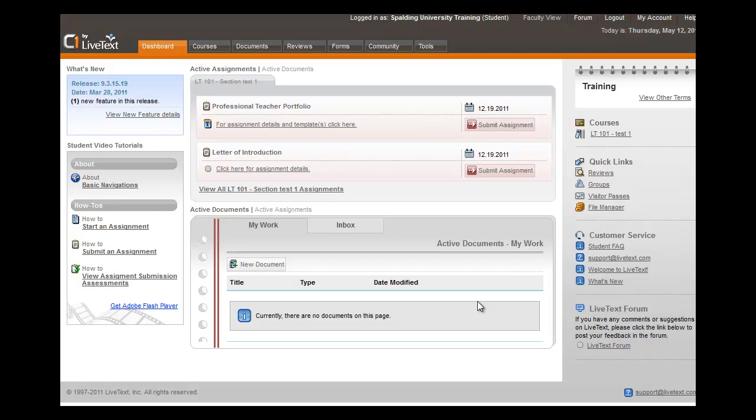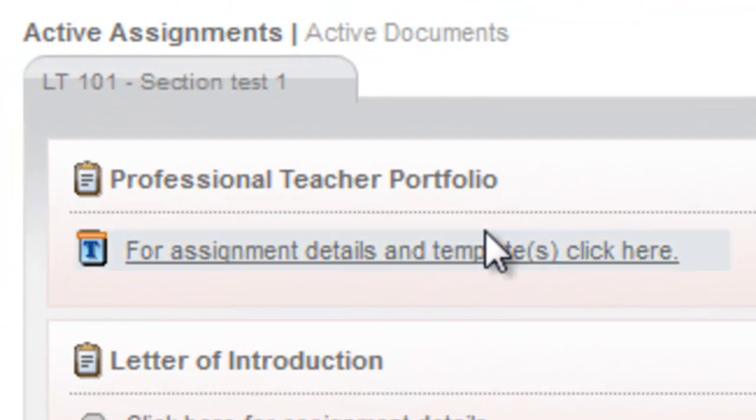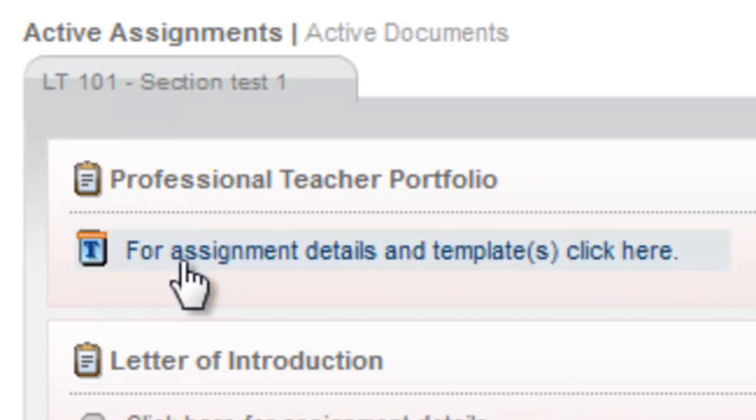This is an introduction to your first professional portfolio in LiveText. If you have a course that requires that you create a portfolio, you should see an assignment for the portfolio under your course number. Under the course, you should see that it has a template. The little T here represents that this is a template, and it says for the assignment details and templates, click